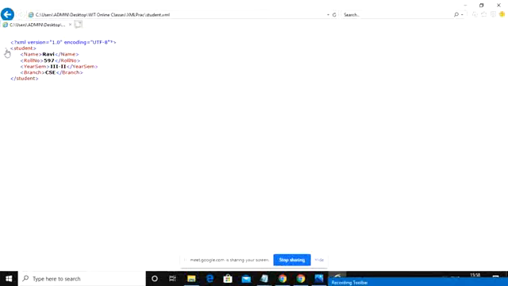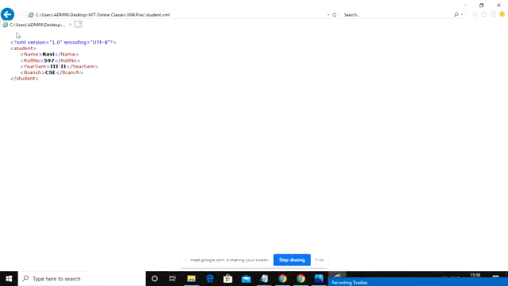If you observe student, you have a hyphen symbol, a minus symbol. If you click that, the entire structure will get minimized and you will see only student. As of now this document has one root element called student. What are the child elements of the student tag? If you want to see that, click on the plus symbol. It has name, roll number, year, semester and branch. All these are children of the student tag. Student is the parent tag, and name, roll number, year, semester, branch are the child elements of the parent element called student.